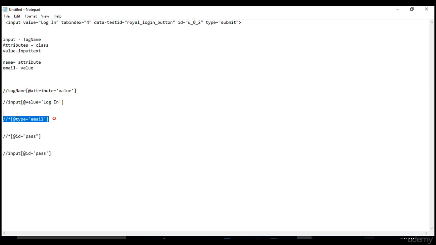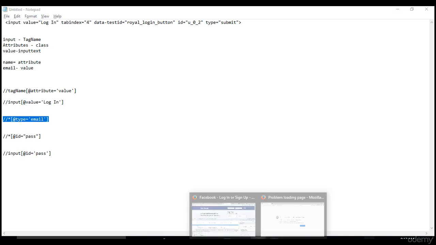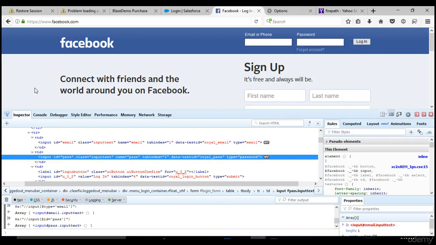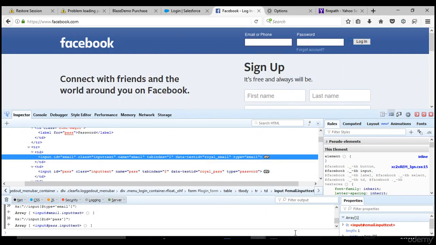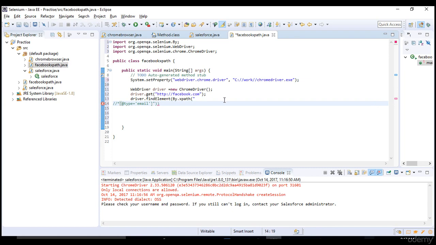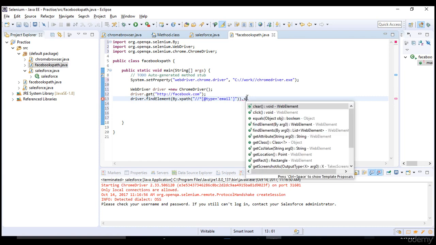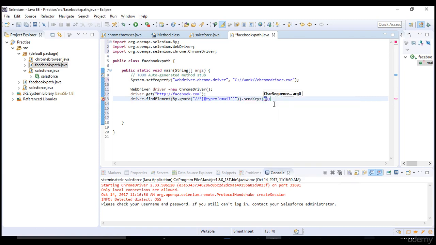Email is the thing, because we have used the type attribute, right? I hope email has the right XPath. So that is an edit box, so we have to send keys. My own XPath, something I'm typing in it.